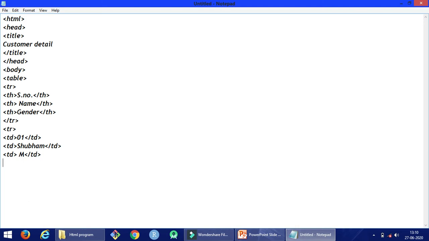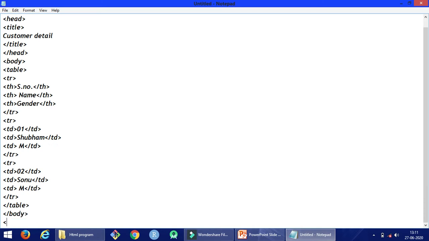Now close the tr tag, copy it and paste it. Now change serial number to 2, change the name to Sonu and the gender is the same. Now close the table tag, close the body tag and close the HTML tag. Save it.